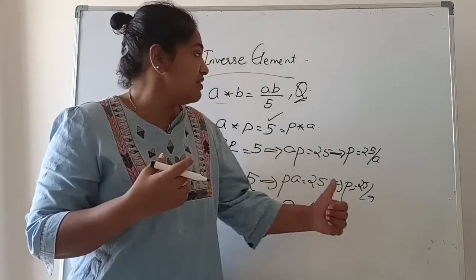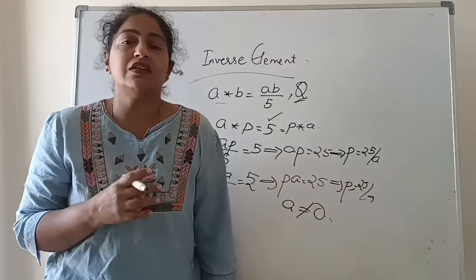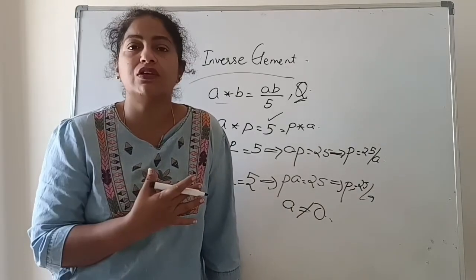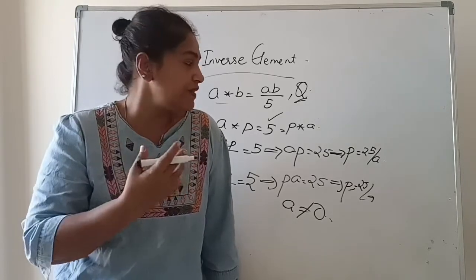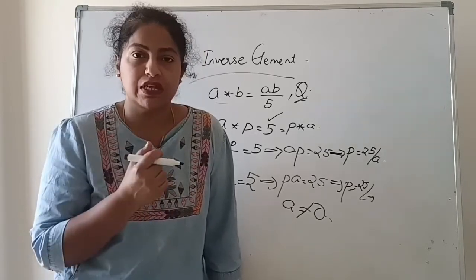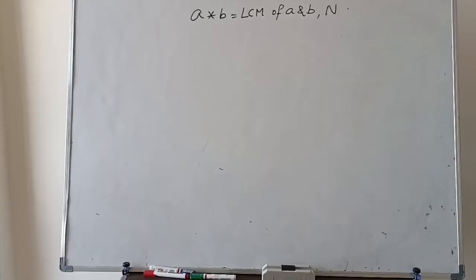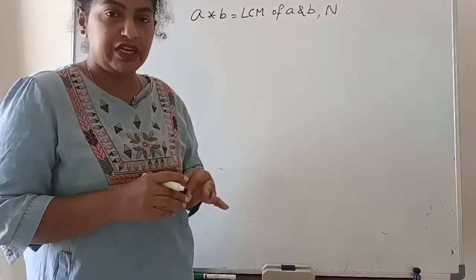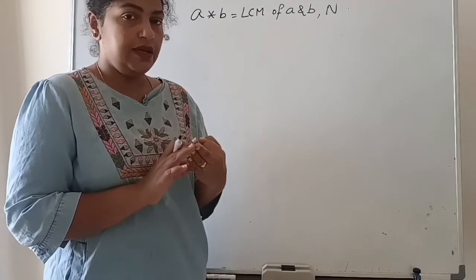So, on this set of rational numbers, there is no consistent inverse element. Otherwise, if you are excluding the value of 0 from the set of rational numbers, say Q minus 0, then I can say that the value of the inverse element is 25 by A. Okay. Let us move on to the next sum,